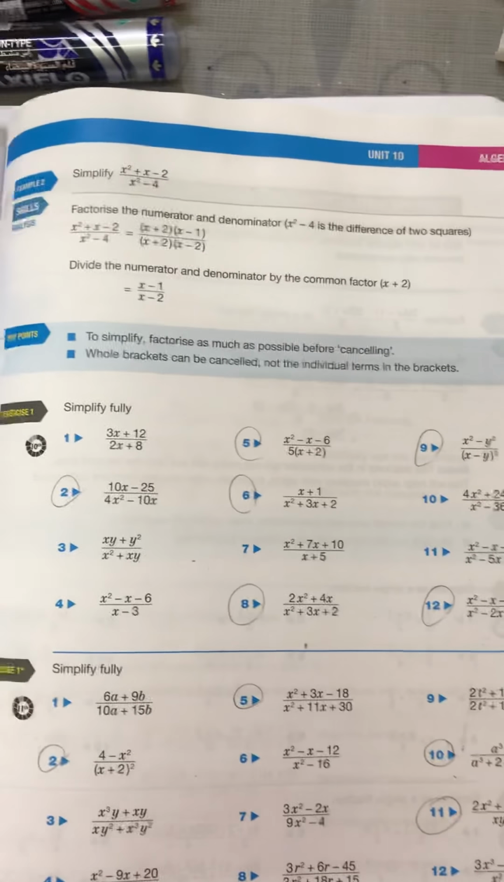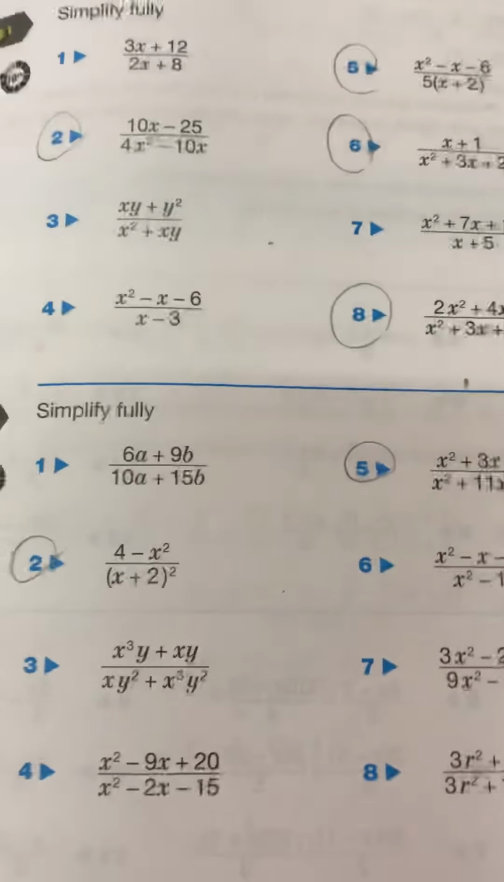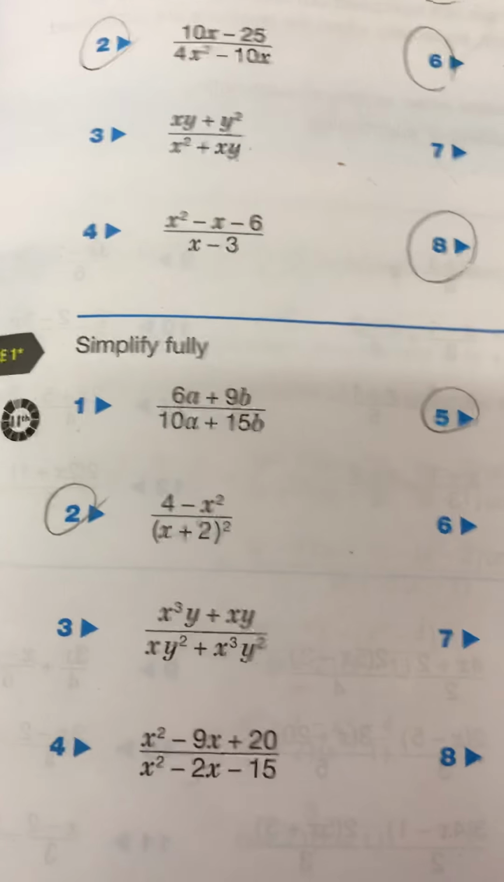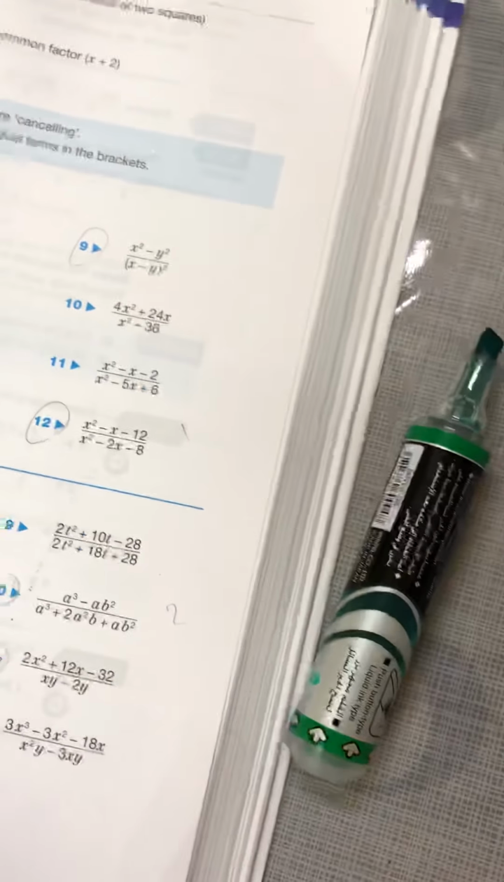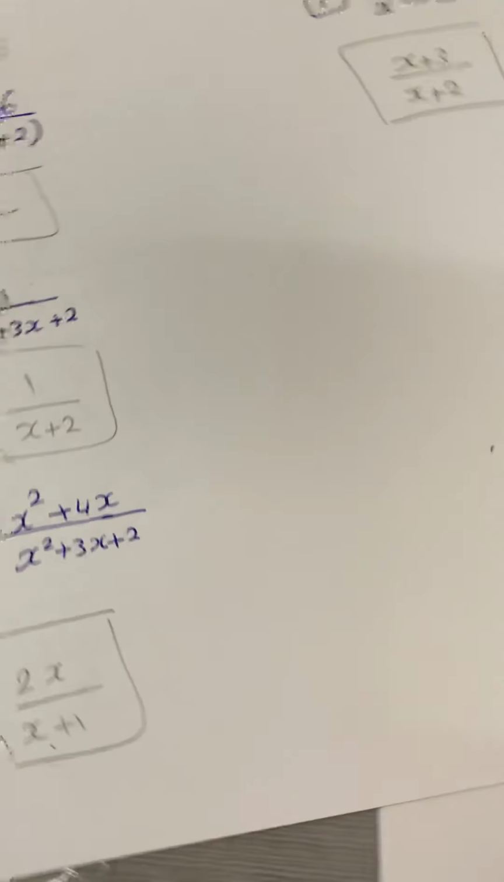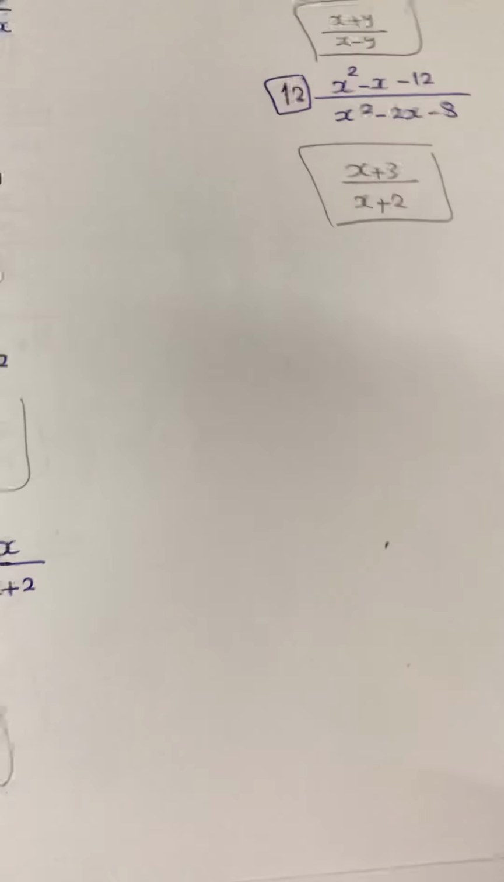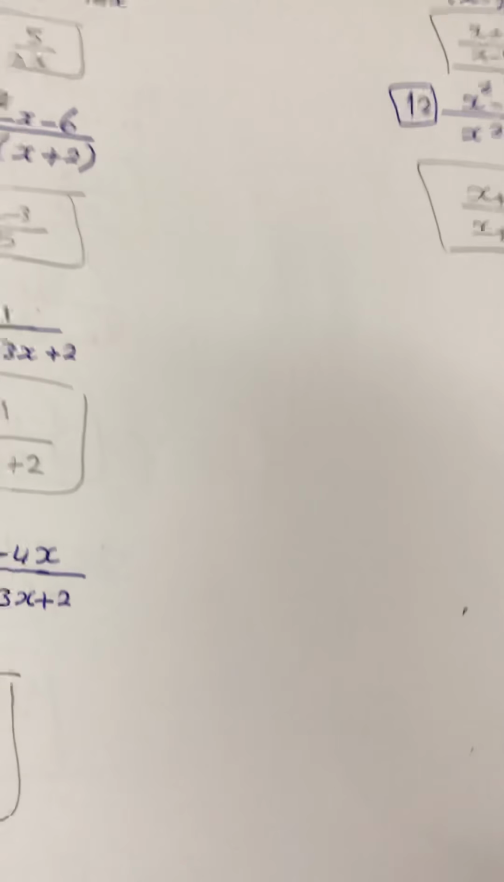Okay, let's go to exercise 1 star, the same page 363. Okay, what are the problems we have? Let's try to solve with you on a paper. I want pencil or pen, blue pen. Let's try to solve here. Exercise 1 star. I want to solve